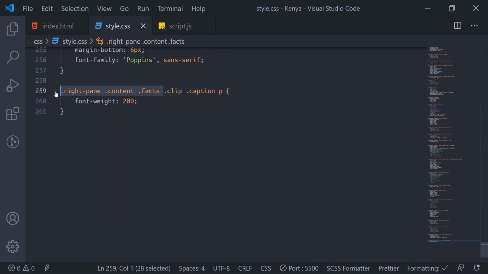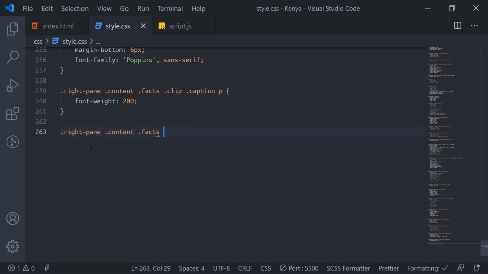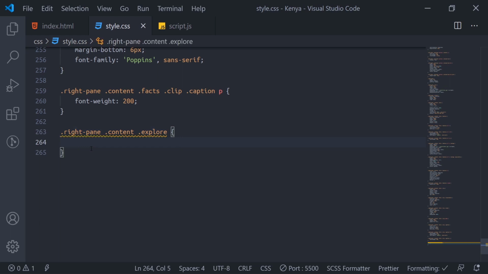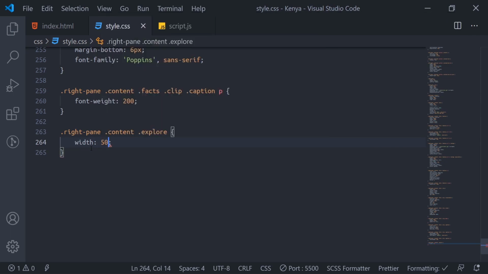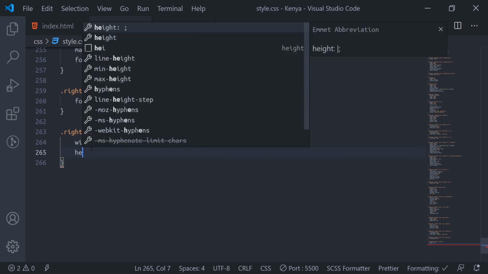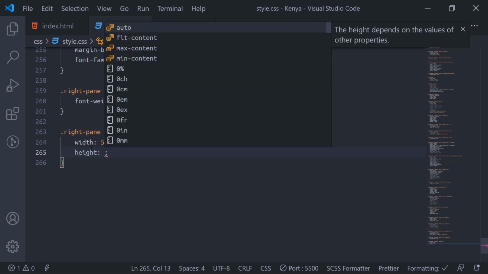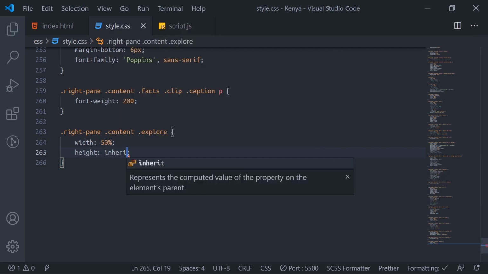So facts, and then I'll say explore, because facts and explore are siblings now. So I'll set width to 50%, height to inherit.